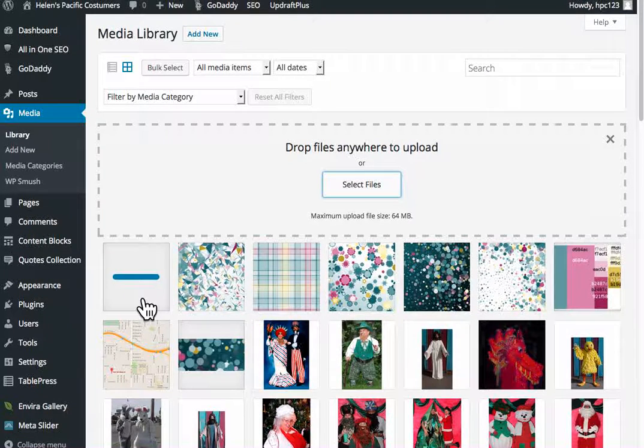You can see that it's processing this last photo, uploading it. Then we can click on the photo,